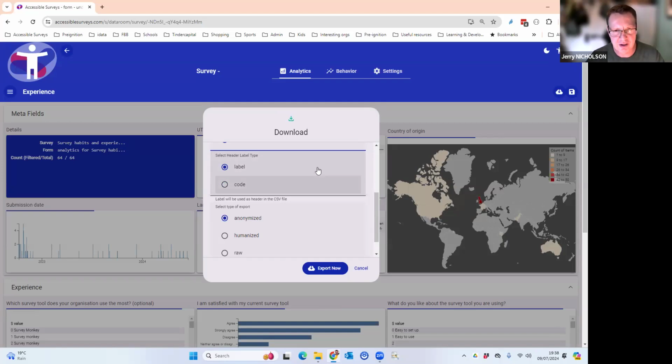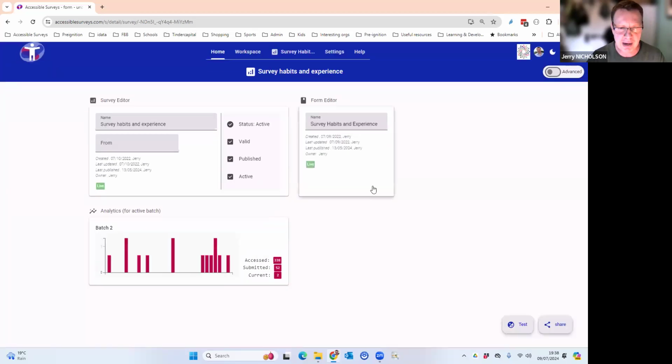So that is a brief introduction to the back end of Accessible Surveys. I'm going to stop sharing my screen again now, and just open it up. Interested in your thoughts and responses to what you've seen. Very happy to take any questions.